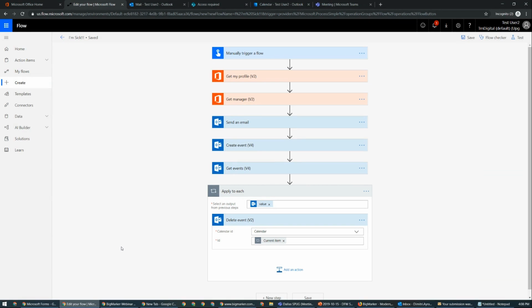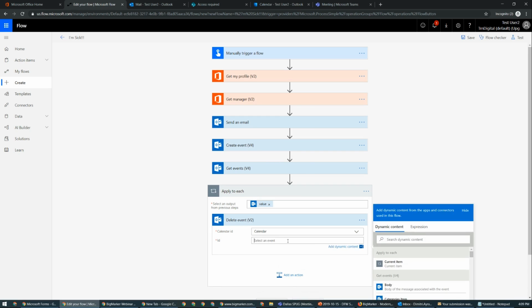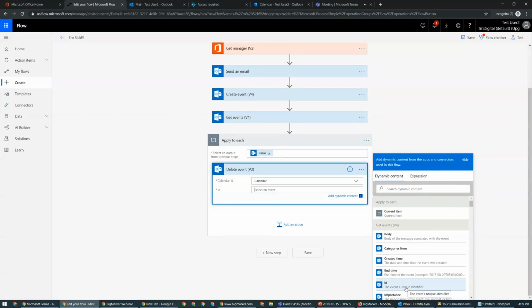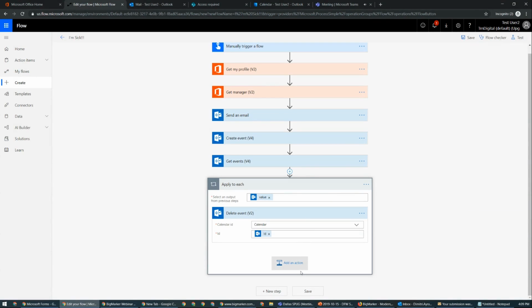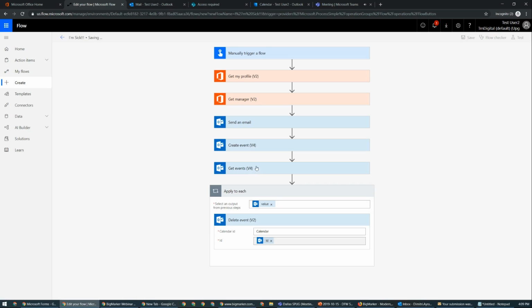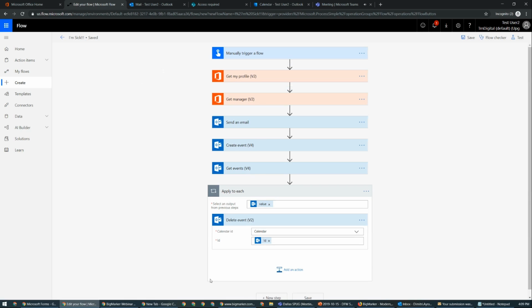So in doing so, this gives us the ability to go ahead and remove our responsibilities for the day. Actually, one thing, instead of current item, we actually probably want this to be the ID of the event. So we'll click save here. And I want to show you how this works on the mobile app. So I am going to share my screen on my mobile phone now.